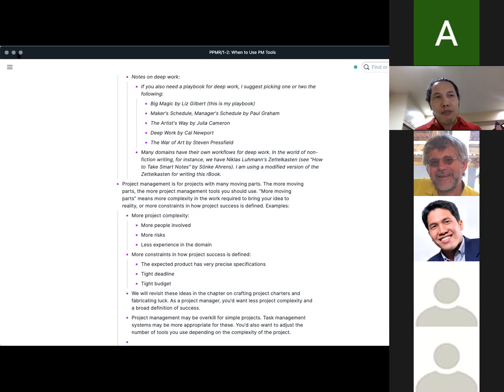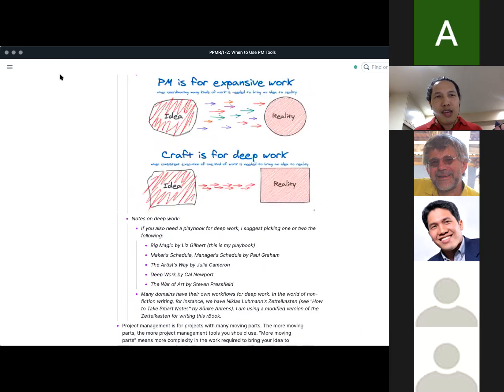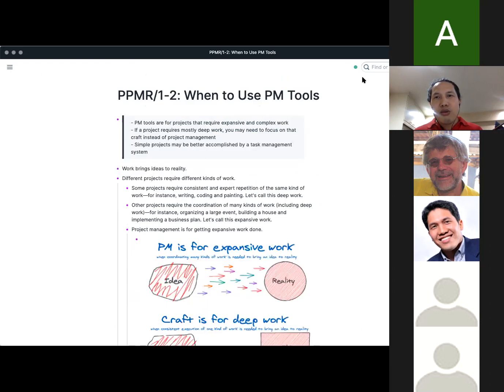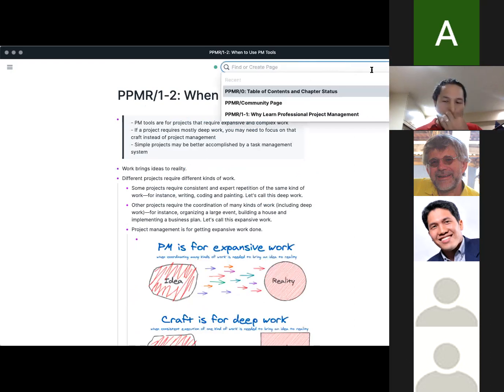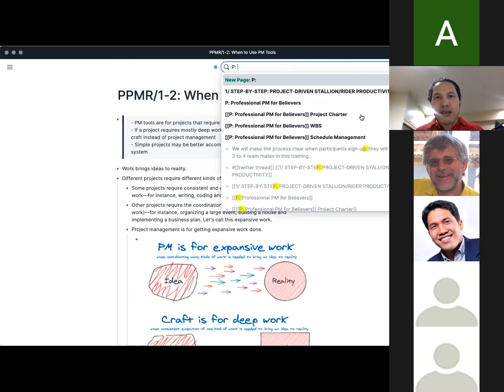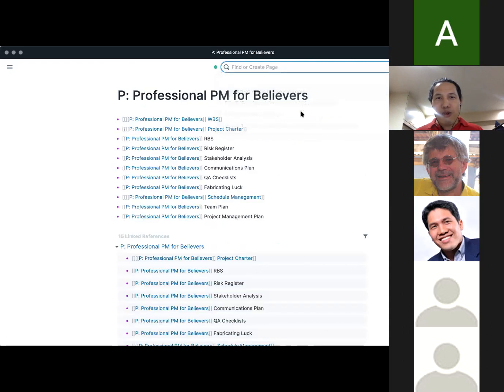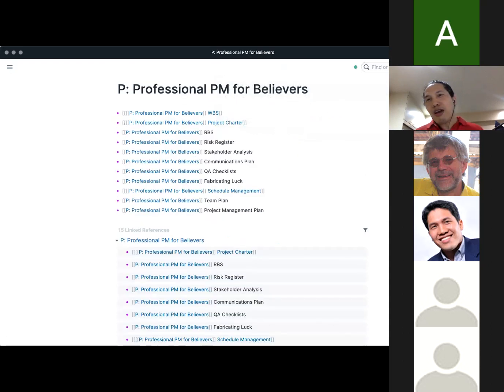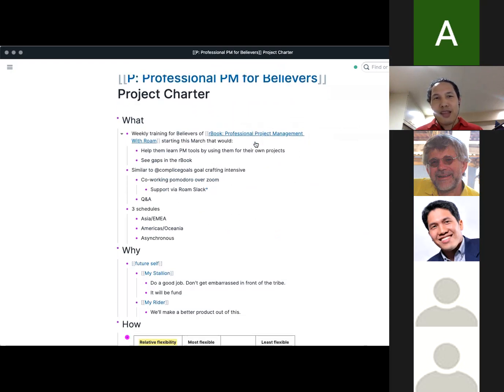There's a page here wherein I plan out this project I'm organizing for believers. So I am applying it here. This is not the project, this is not the writing itself, but